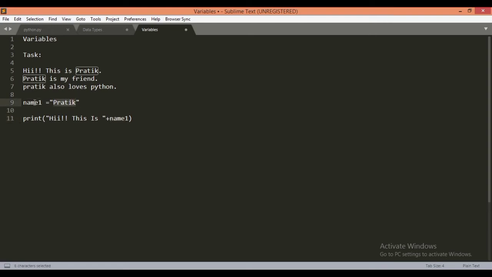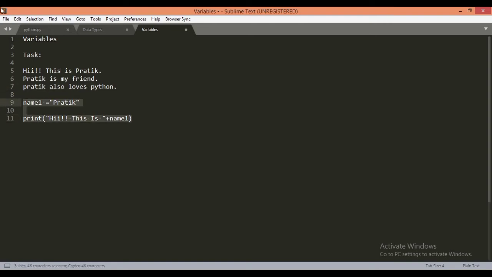Pratik is stored into name1, and whenever we use name1 without quotes, it means retrieving the information from the variable, so name1 is considered as Pratik. Here this string and this string got concatenated. Now we can run this.